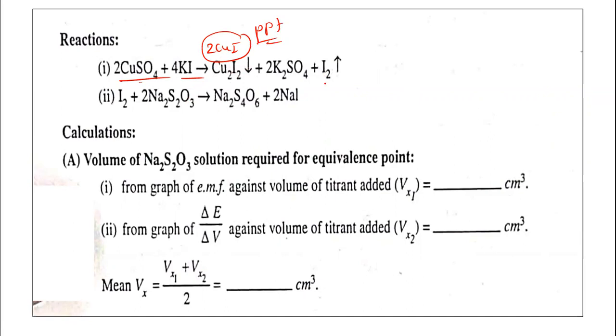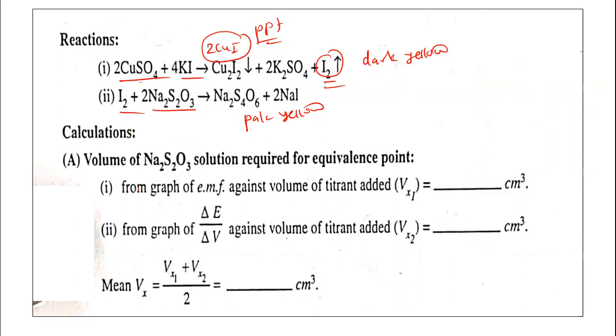Okay, and I2 is also liberated here, and later on this I2 is going to react when we are adding the sodium thiosulfate solution from the burette. Okay, so due to this I2, the solution has dark yellow color, and when we are adding the sodium thiosulfate solution from the burette, the pale yellow color changes here. And during this process, EMF will go on decreasing. Every time we have to note the readings here. Okay, as per the observation table.